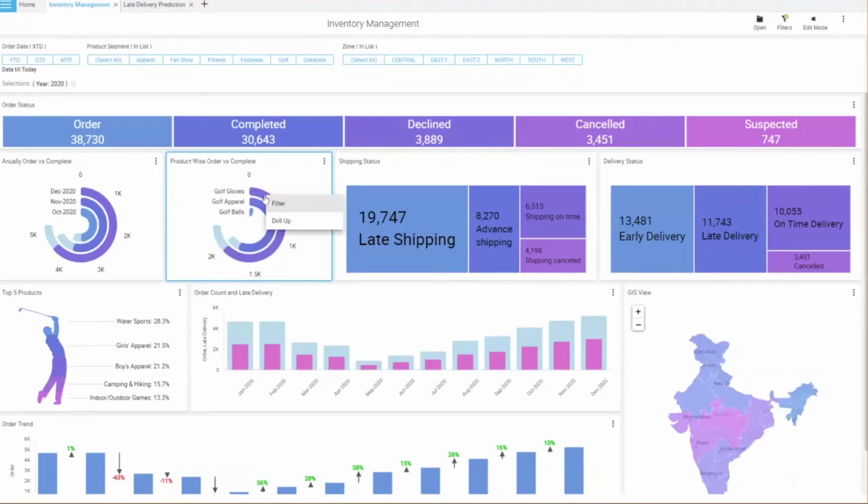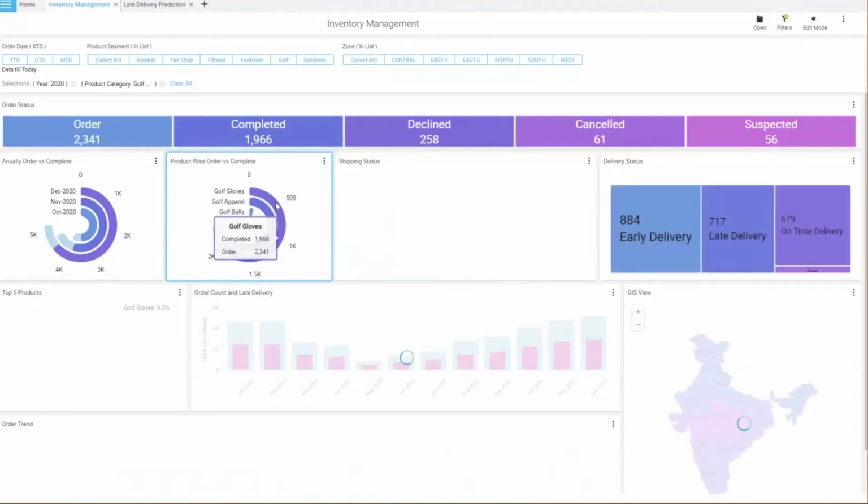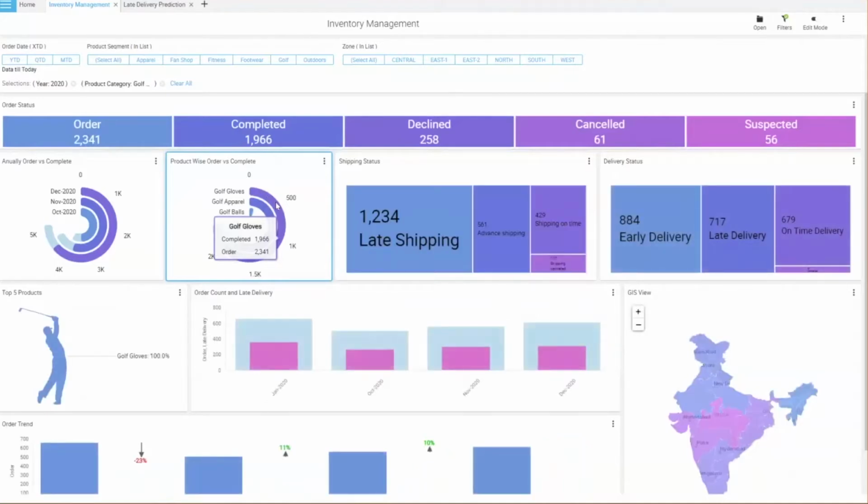Now if I want to look at golf gloves, in the year 2020 for golf gloves, these are the number of orders and the rest of the statuses, which is completed, declined, cancelled and suspected. Also a supply chain manager can have a quick look at the shipping status and delivery status.